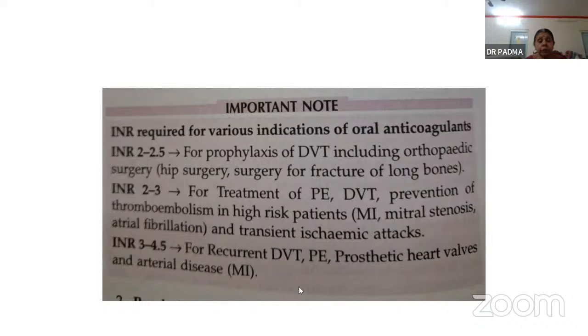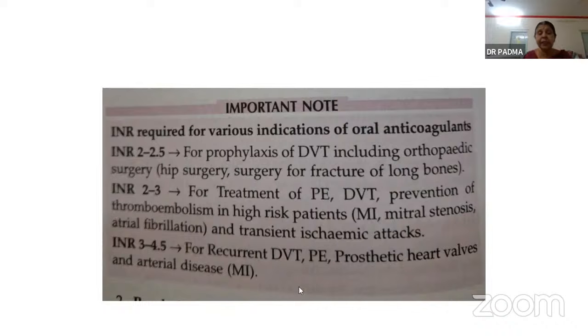So an INR ratio of 2 to 2.5 is used for prophylaxis of DVT, that is deep vein thrombosis, including orthopedic surgeries. Previously, we were using spinal or epidural or general anesthesia, where the patient was put in the lying down position for about a week. Patient used to die of thromboembolism. But now, because of blocks, these things have reduced greatly. But still, to be on the safer side, when we use these things, the INR ratio is 2 to 2.5 for